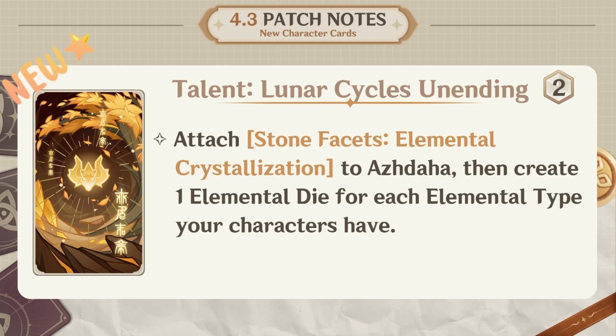It's still an okay talent, even if you have only 2 element types, so like either double Geo Azdaha or like double Cryo or whatever you're running with him. It is still gonna create 2 Elemental Die, which means the talent's gonna pay for itself, and you'll just simply apply some facets again to him. In conclusion, I think every single character card is good in this patch,